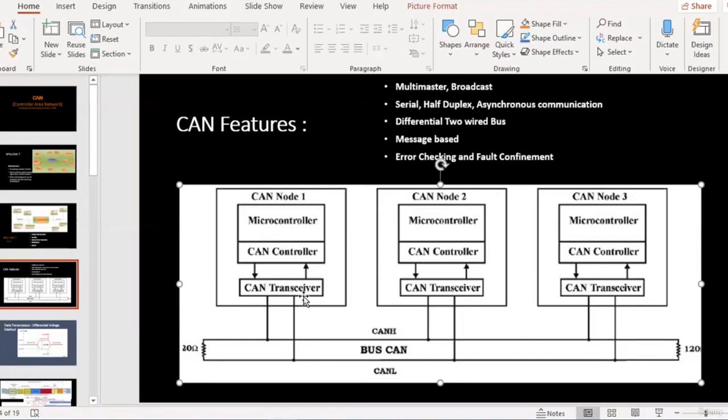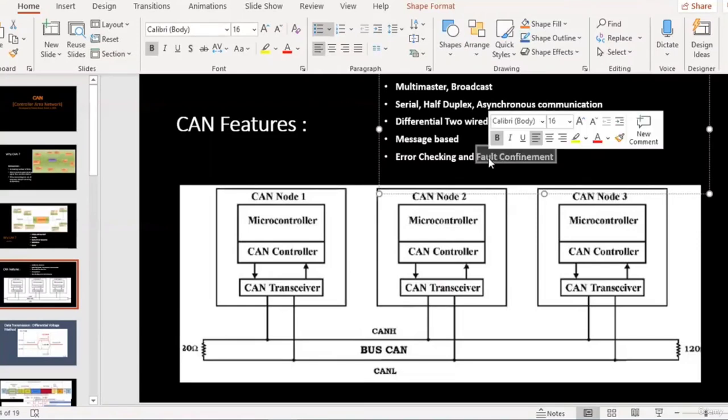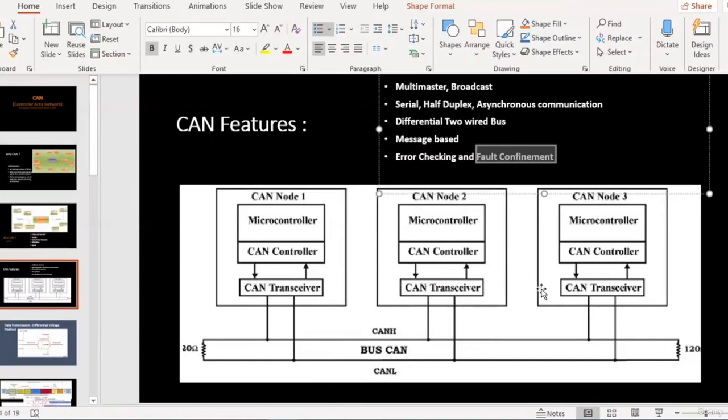That means it will shut down itself and it will not affect the other nodes that are connected on the CAN bus. So that is confined. The fault is confined to the node in which it is existing, and it will not disturb the bus, neither will it disturb the other CAN nodes that are connected in the network. So that is the meaning of fault confinement. And error checking, we will discuss in the later slides.